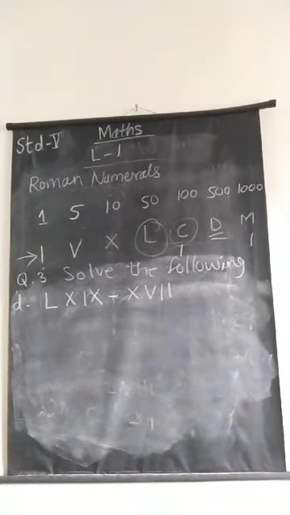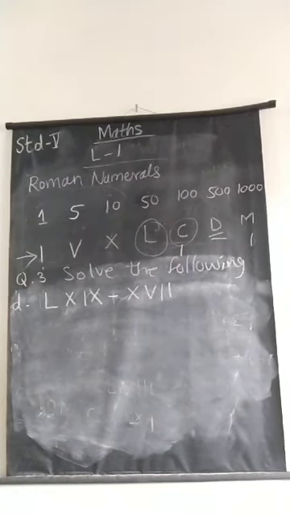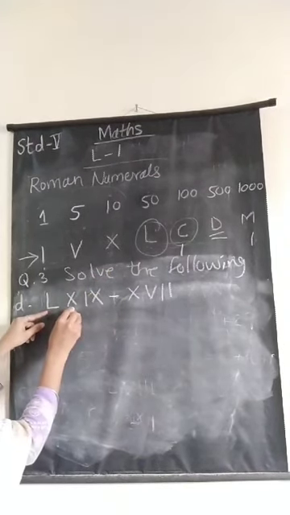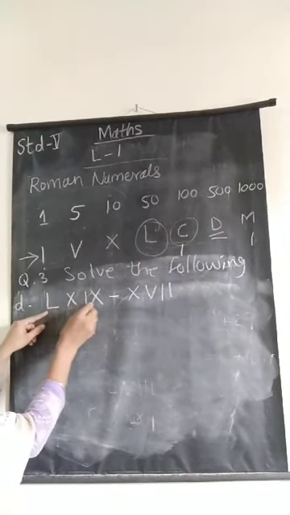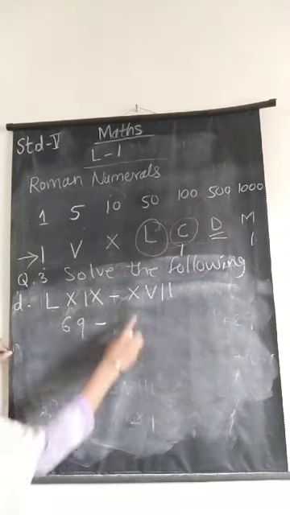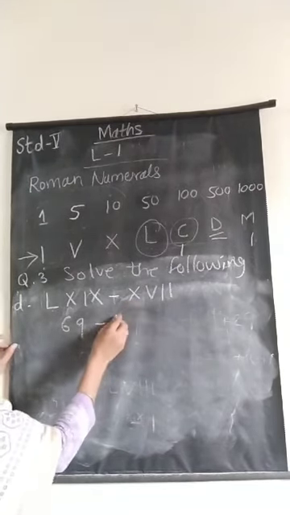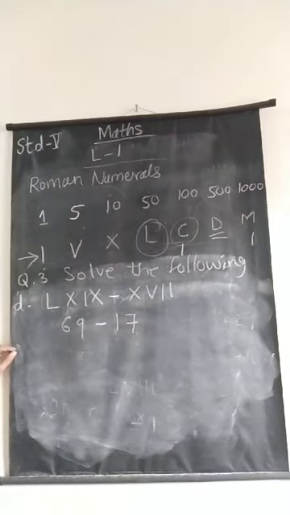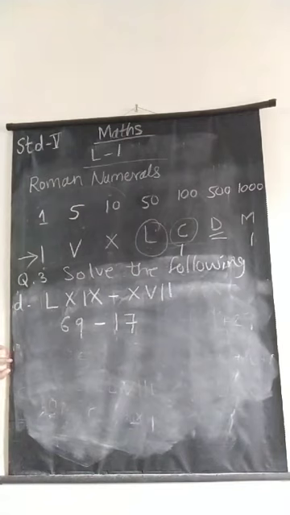Okay. Now L stands for 50, X stands for 10. 50 plus 10, 60. This will be 69. 69 minus X stands for 10 and this is 7. 17. Yes, now 69 minus 17 is the answer